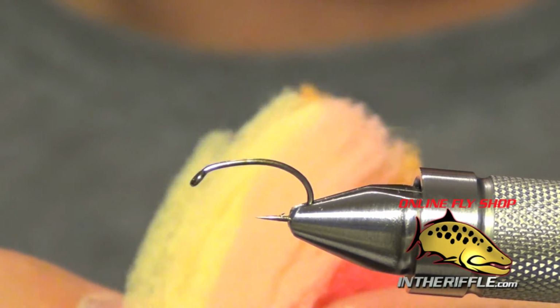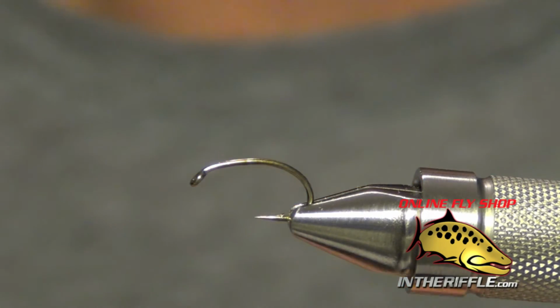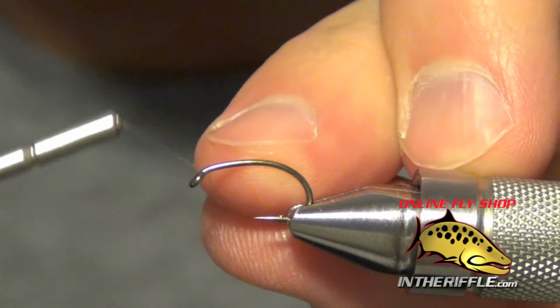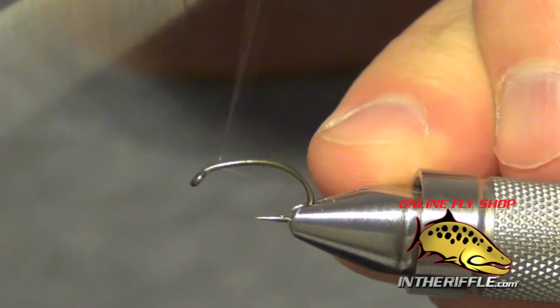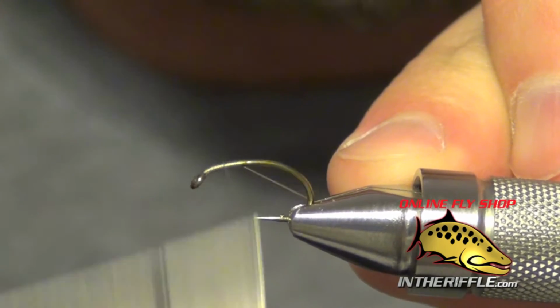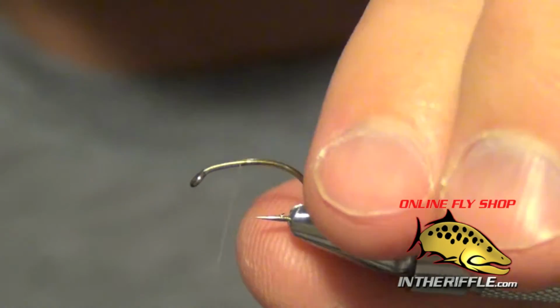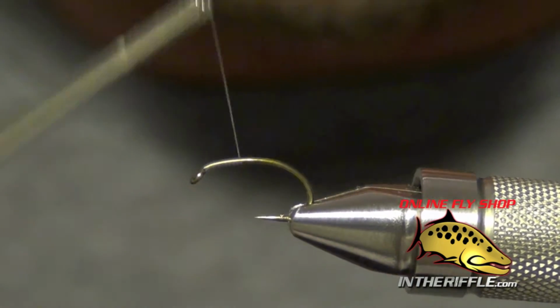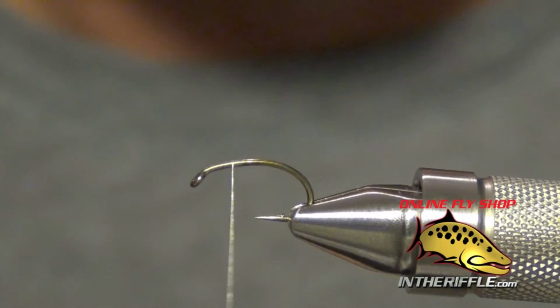Kind of has oranges, pinks, reds. I like to put the little splash of red right on the top of the fly. So the first thing we're going to do is we're just going to take our GSP thread. It's very important you use some very tough thread, and GSP is the thinnest and the toughest thread that you can use. And I'm just going to take it back to about the 30 or 40% point on the shank